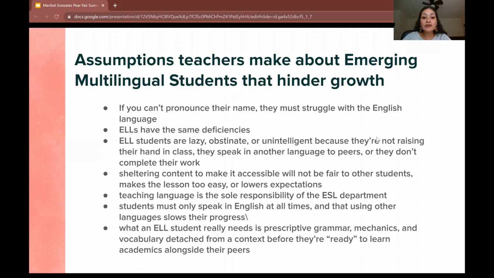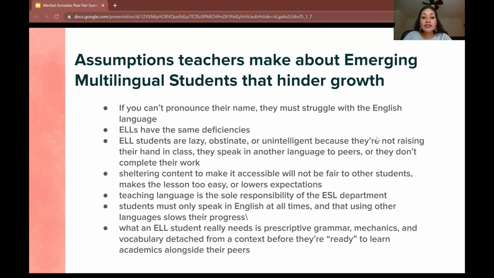Some of these examples include: if you read the roster and you can't pronounce their name, that they must struggle with the English language. Therefore, they are not smart. Therefore, they're going to need a lot of help. They're going to need a lot of structure, and you have quite a year ahead of you. Another assumption is that all emerging multilingual students have the same deficiencies or lack of understanding of the English language,